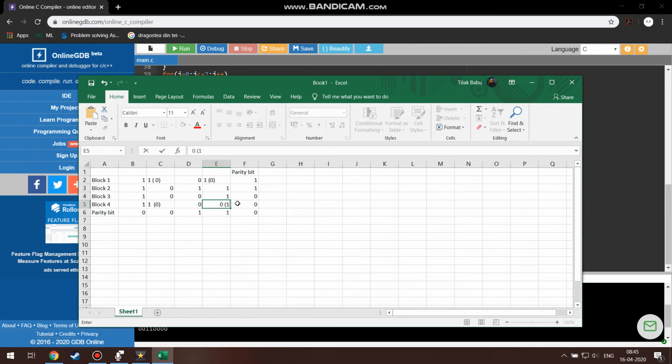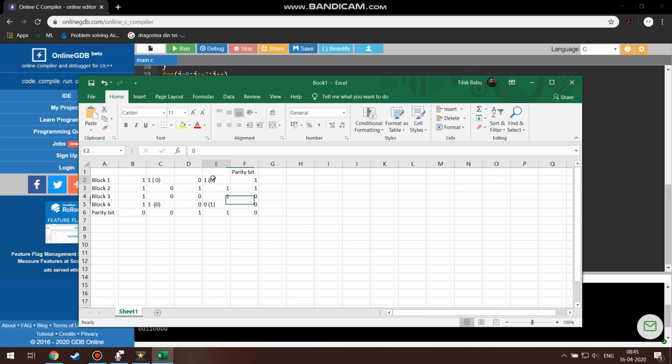So now there are 4 errors in the original data that has to be sent. Now if you see here, this second row obviously does not report an error, as it's correct. The total number of ones is 1. There's only one 1, and the parity bit is 1. Even this 5th row does not report an error. The total number of ones is 1, 2, and the parity bit is 0. So this does not report an error.